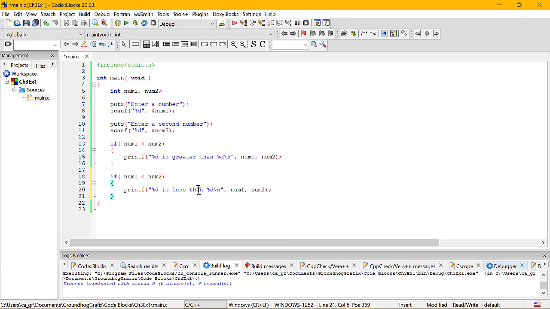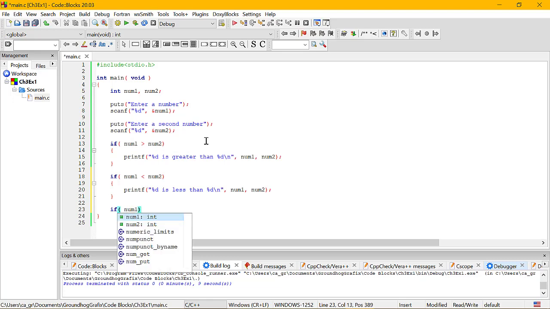And then underneath this, so we know that now if num1 is less than num2, it will print that it is less than. And we have one for greater than up here above, but what we don't have is what if they are equal. So let's put that in. If num1 is equal to num2,